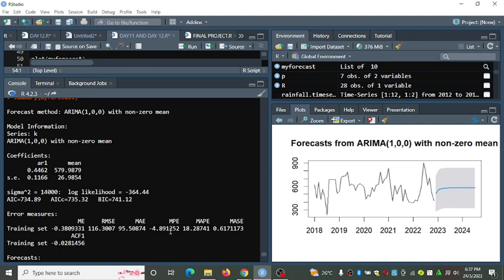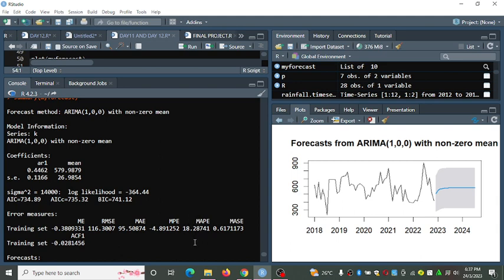That is MAPE, the mean absolute percentage, the 18%. It is our model is 18% accurate.